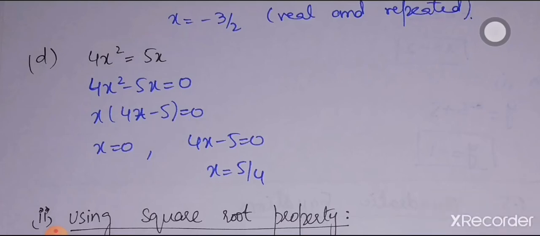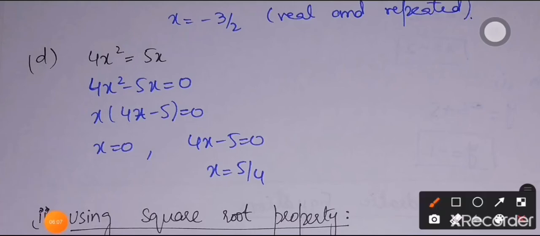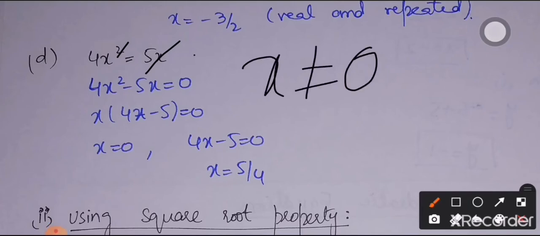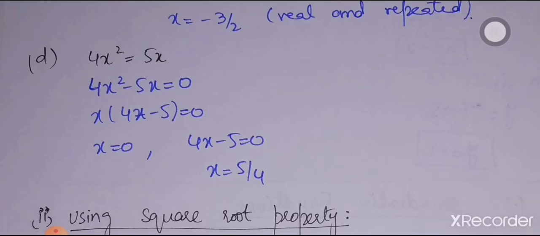One thing that must be mentioned over here is that you cannot cancel out this x with this x, because if we are cancelling x, it means we are imposing the condition that x is not equal to 0. But you cannot say that x is not equal to 0, because x is a free variable, it can have any possible real value. So it is never possible to cancel out the variable on both sides. We always have to take it common so that we may have the root x is equal to 0.